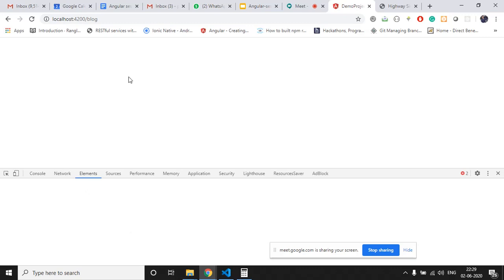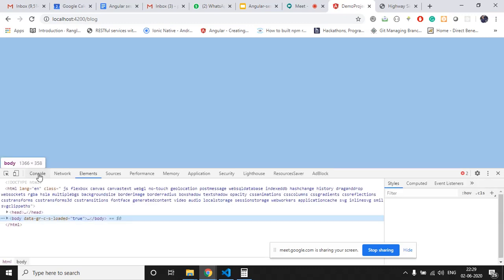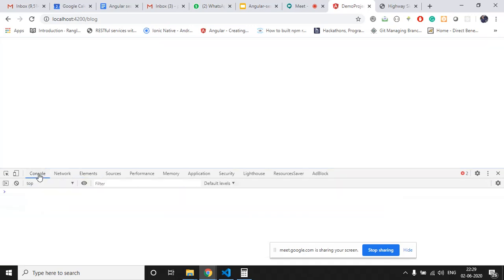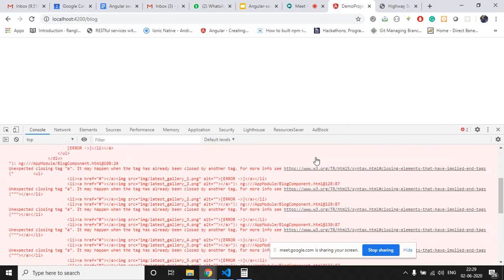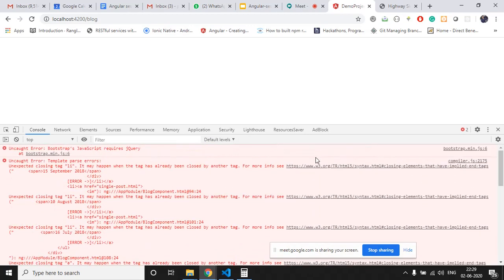If nothing is showing here, we can check if there is any error present in the particular component or not. So yes, there is an error. What is this? Unexpected closing tag of li.